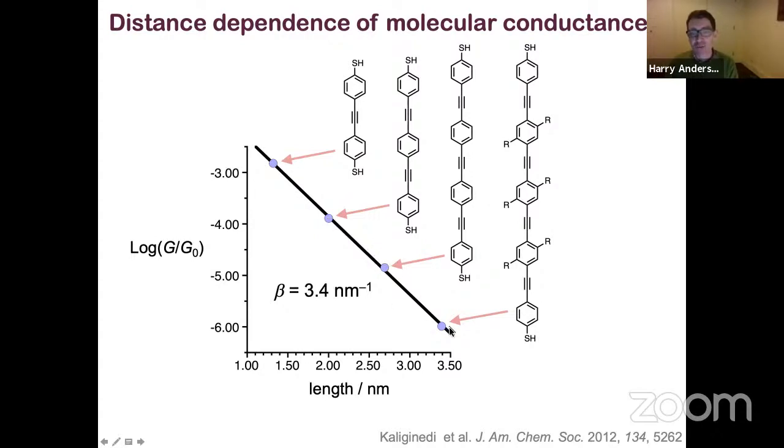And you can see that's a problem. If we want to make molecules for doing long-range charge transport, you're not going to be able to go very far if you have that large an attenuation factor. But if we look at the